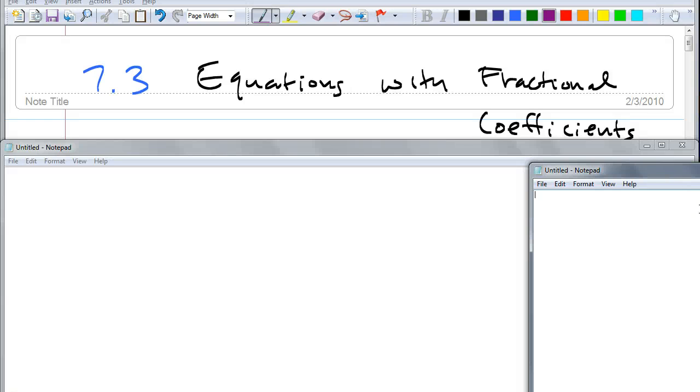Today we're going to talk about equations with fractional coefficients. What that means is it sounds kind of hard, but basically it's equations with coefficients that are going to be what? Fractions. That's all it means. So whenever you have equations with coefficients being fractions, all we have to do is